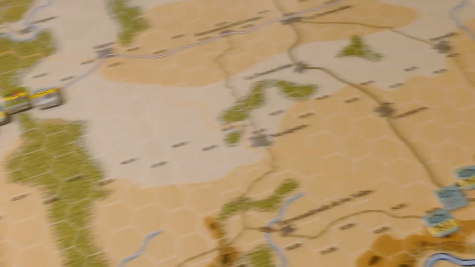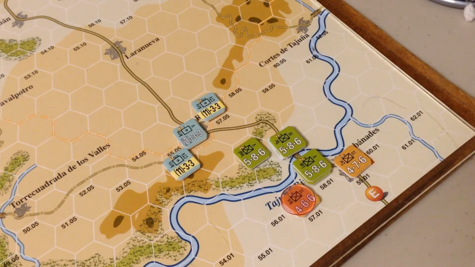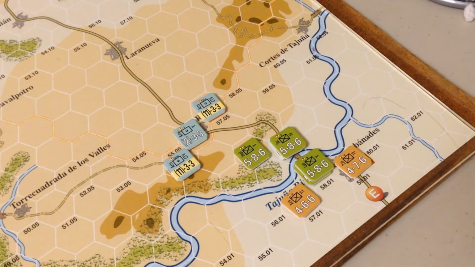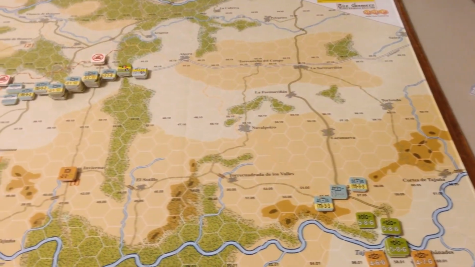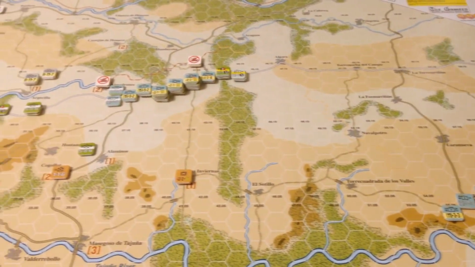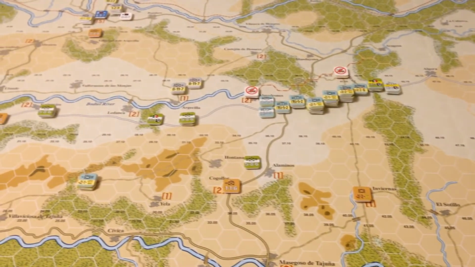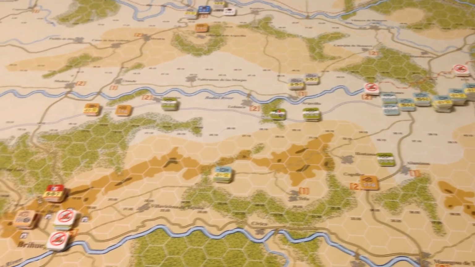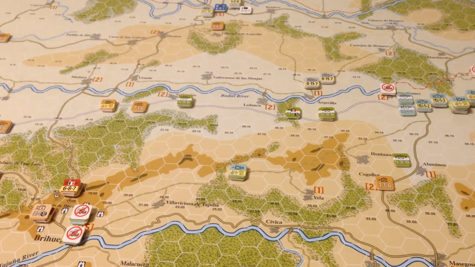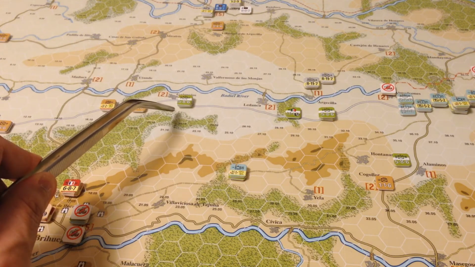There's no exploitation phase for the Republicans. We go to the cleanup phase and we remove the disorganization marker from the unit near the Tajuña River. And that's the end of turn 2, and the situation is that the Italians are advancing in full force towards the south with the 1st Division that came in the game, which is the Black Flames. The Black Flames Division is divided among units heading for Brihuega or there, and units along the road here near